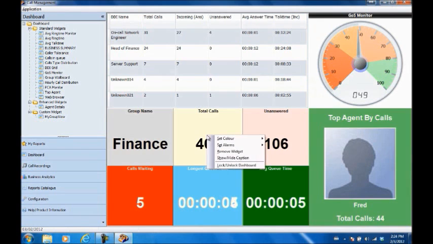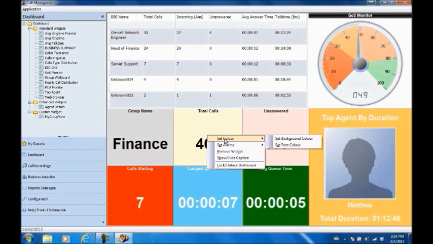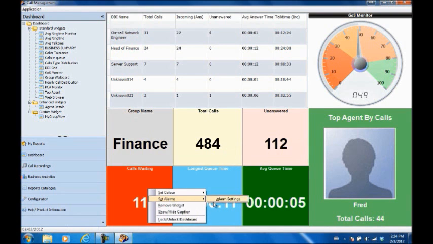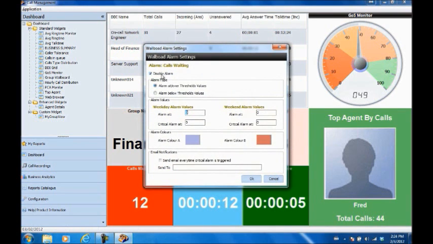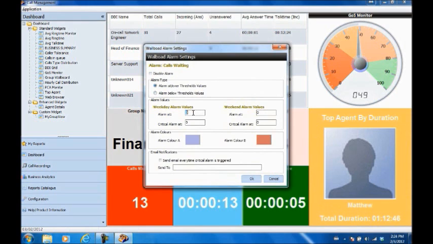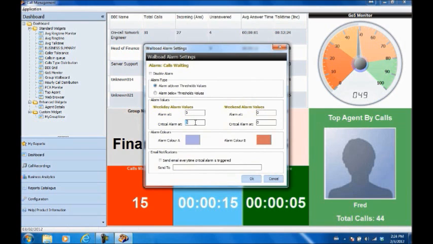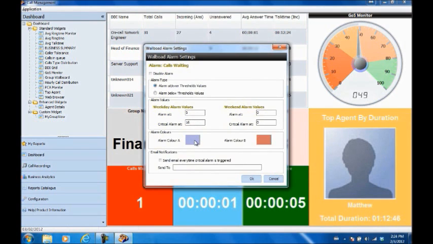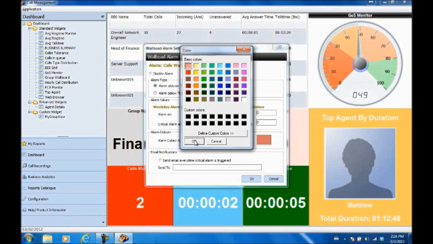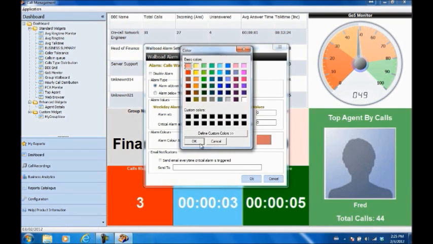On the wallboards, additionally, you can set the background and font colors. You can enable alarms on this. For example, let's try one on calls waiting. In alarm settings, you can say enable this alarm if there are more than 5 calls waiting, and the alarm should be critical if there are more than 16 calls waiting, and I'll just make it 12. These are the colors, and you can select other colors as well if you want to. Let's select one here, let's say yellow,